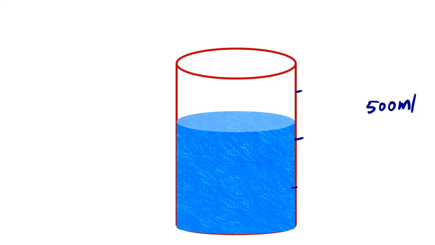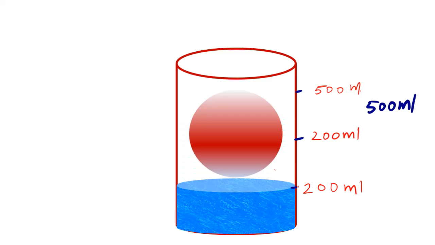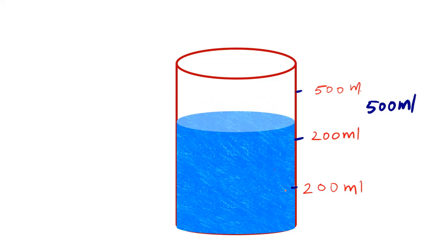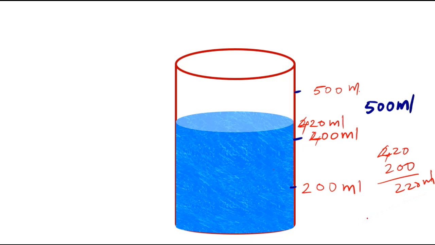So, as for example, if it was something like 200 ml marked here, another 200 ml marked here, and as far as here it is 500 ml marked. So we know that earlier it was somewhere here. If I go back, it was 200 ml, luckily. Now it is around 220 ml, suppose. So I will say 220 ml, sorry, this is 400, so this will be 420. 420 ml minus 200 ml, which is 220 ml, is the measurement we are getting,